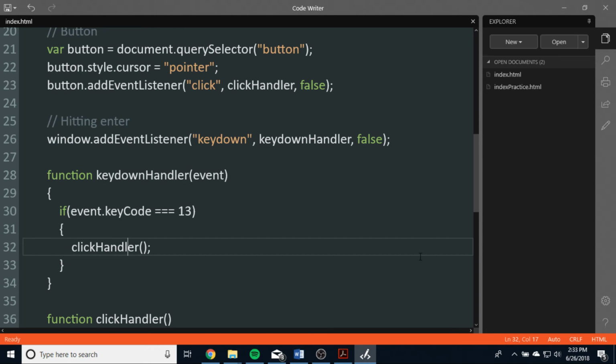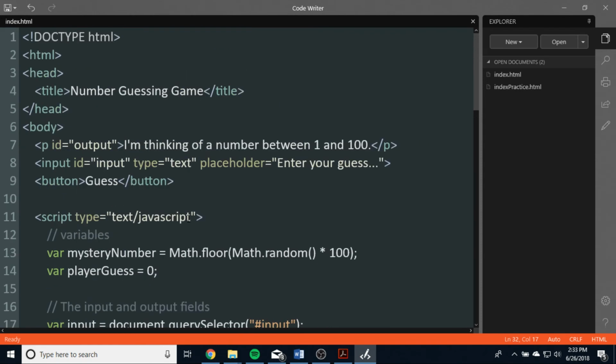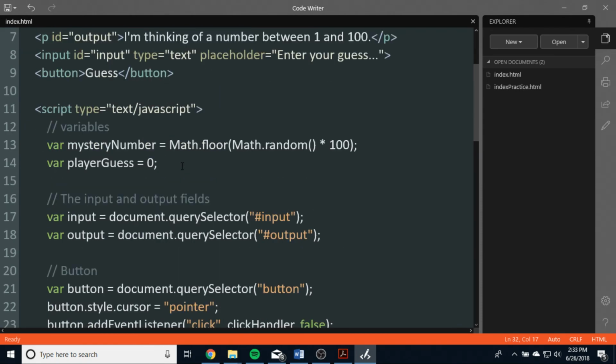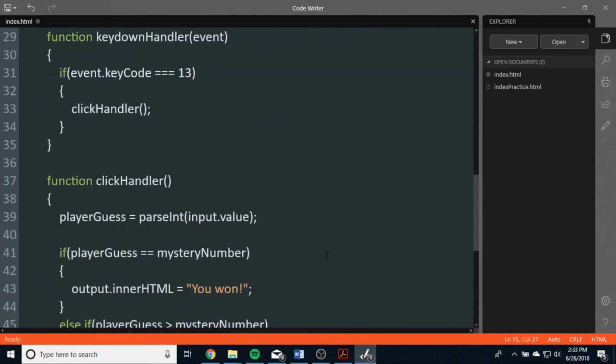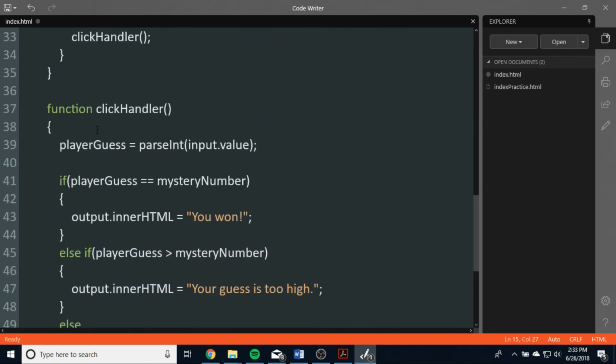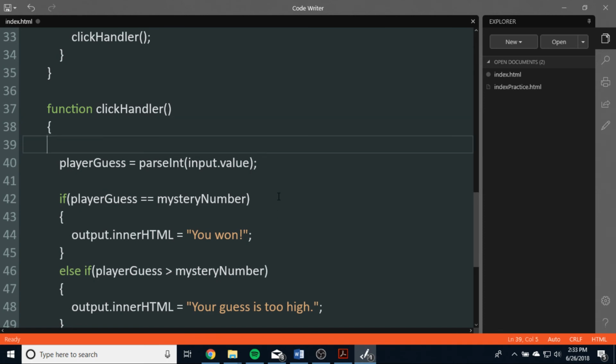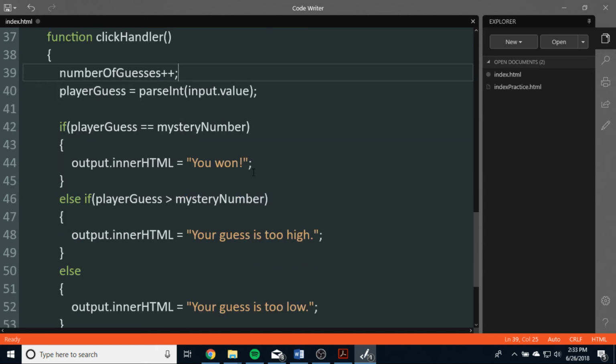So what we could do is set up in our variables here, oh, did I go too far? Yeah, right here. In our variables here, we can set a new variable called number of guesses, and we'll set that equal to 0 at the beginning. And every time this click handler function is called, we will increase number of guesses by 1. Basically, number of guesses plus plus. And then whenever they win, we can say,